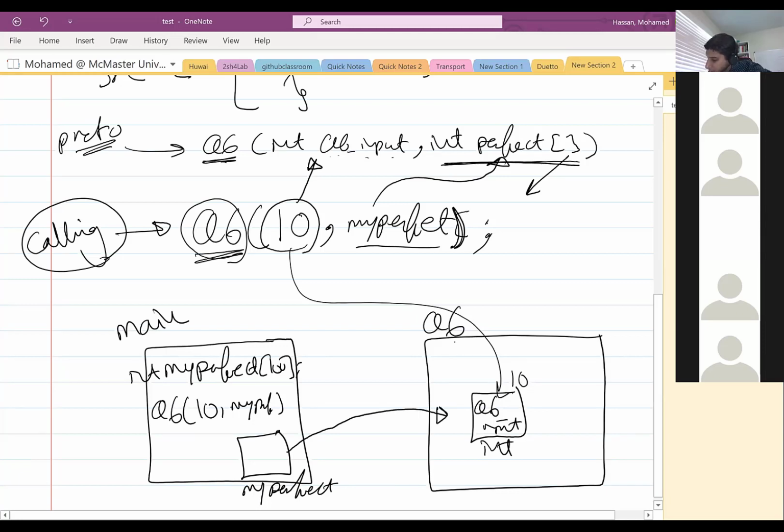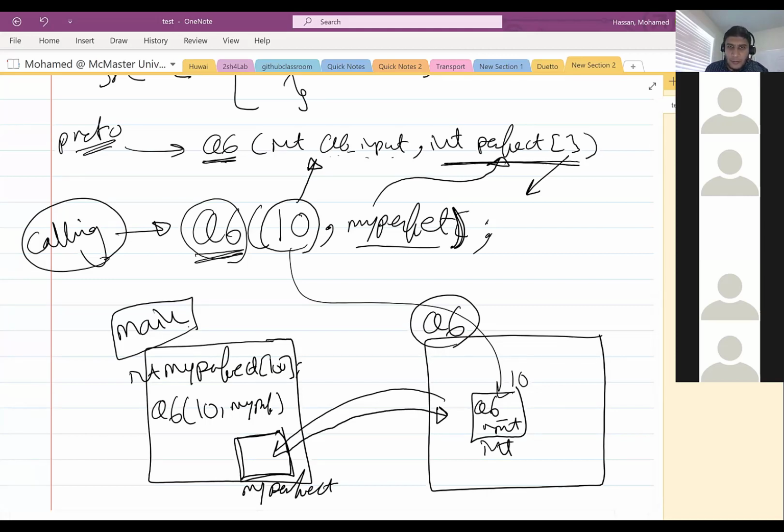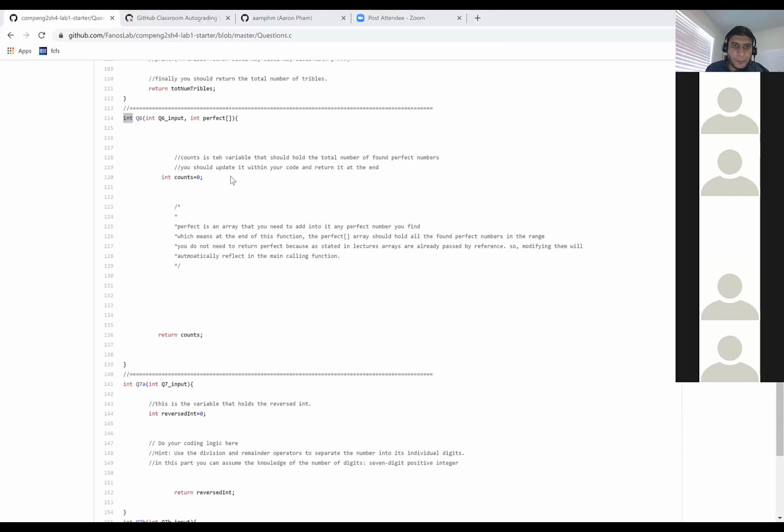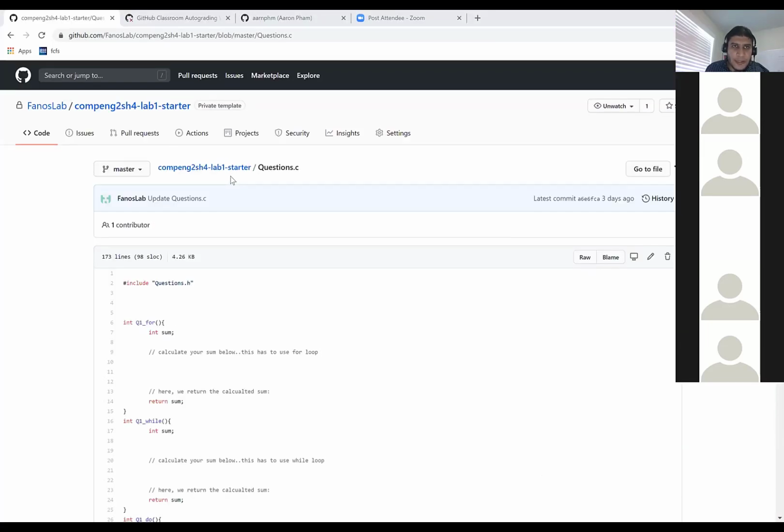So if question 6 function is modifying the array, it will in fact modify directly this array in the caller function, right? This is why you don't need to define your perfect array inside the question 6. It's already defined. If you open test cases.c, I keep switching here, but I hope this is useful. So if we go into the test cases,